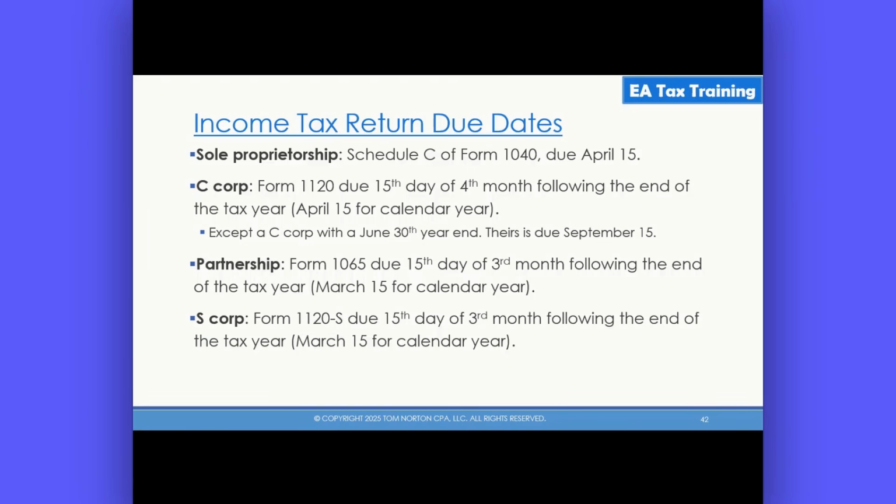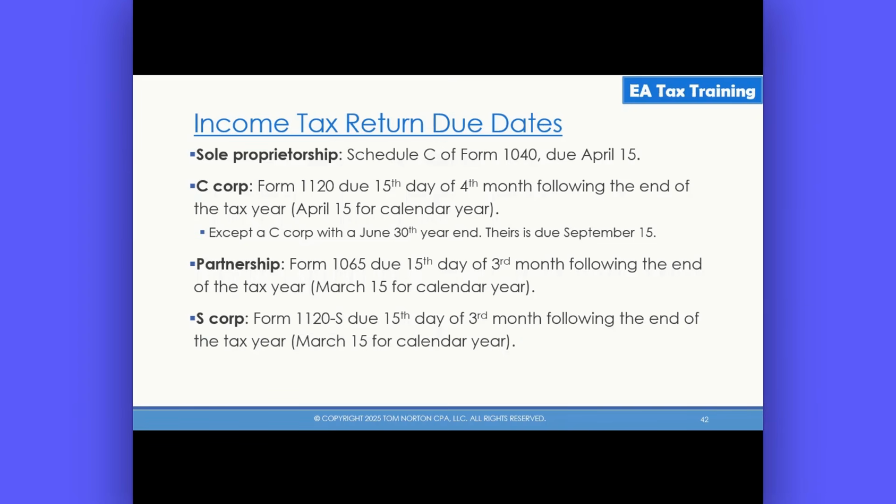Well, let's think about it. Let's say you've got individuals who are a partner in a partnership. That individual has to file their tax return by April 15th, but they need the K1 from the partnership in order to file their tax return. So the partnership return is due a month earlier. It's due on March 15th in order to give the individual taxpayer time to file their tax return on April